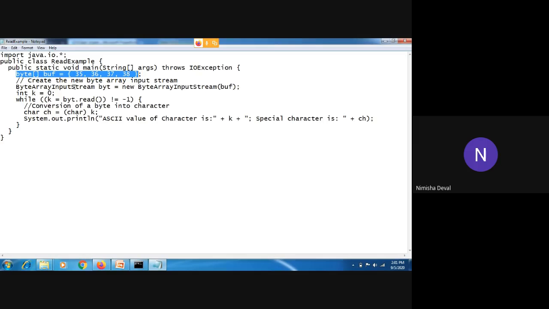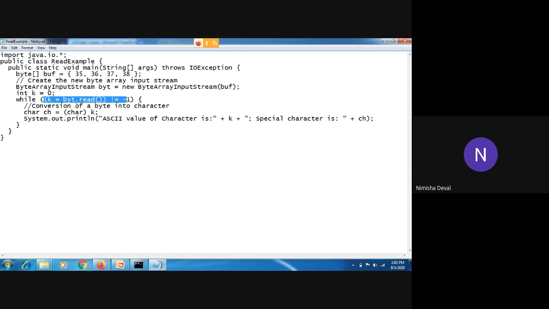According to that, first we have created an object of a byte array input stream as byt. If I have written here byt, it means a meaning of a data type. That's why only byt is written. That is the main concept behind this. And while creating its object, we have passed the same array which we have declared over here as byte buff as a parameter. Next we have declared one integer parameter as 0. A while loop is used because we have to read the array one by one, and after reading it we have to convert it into character.